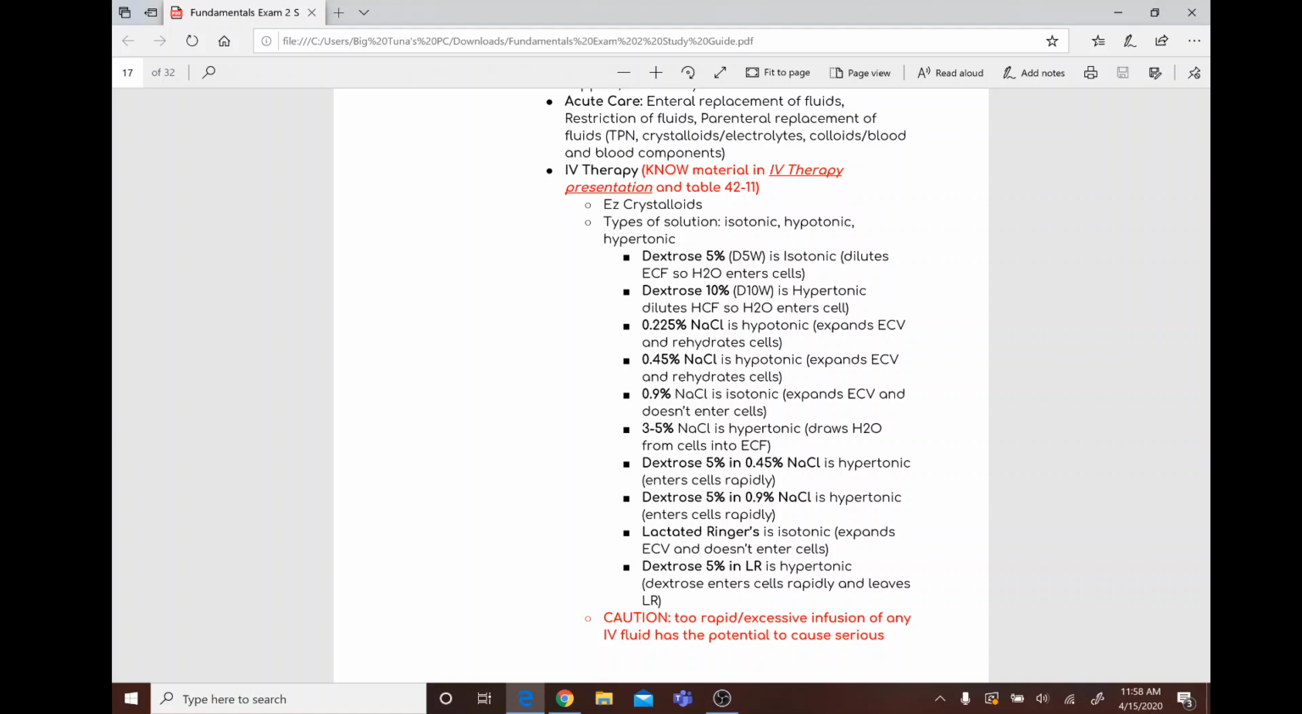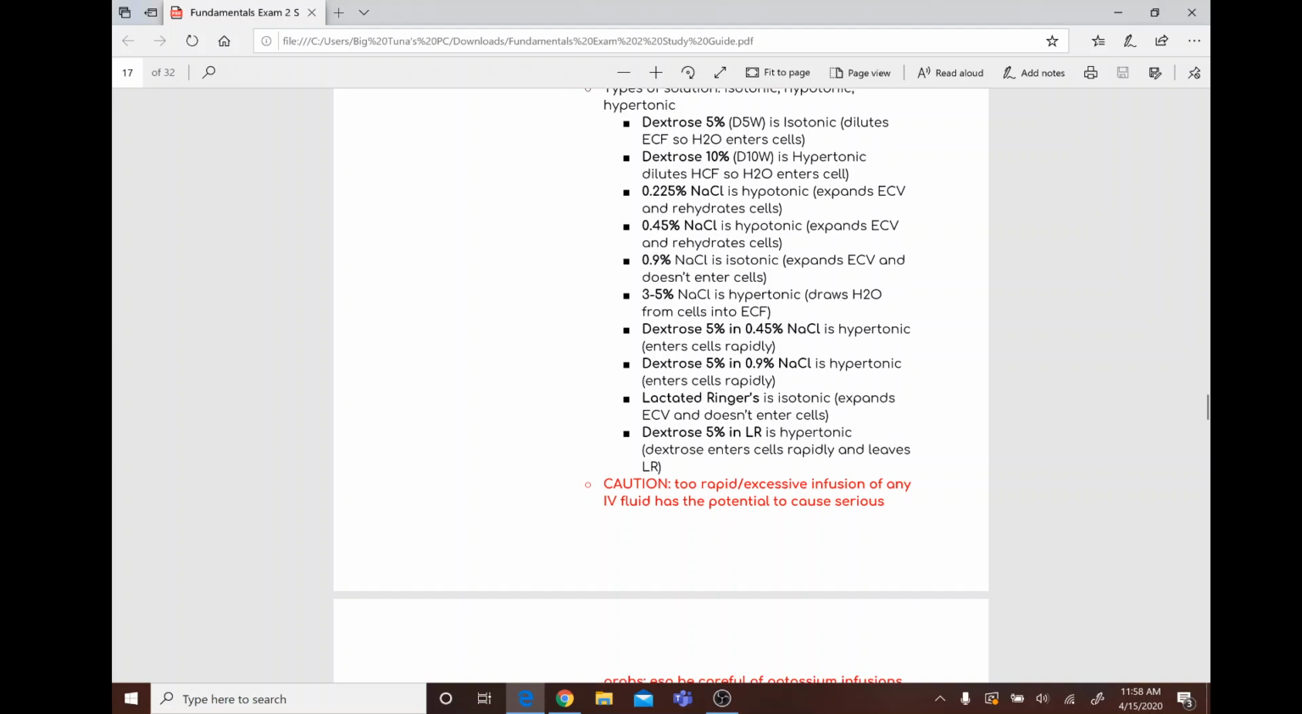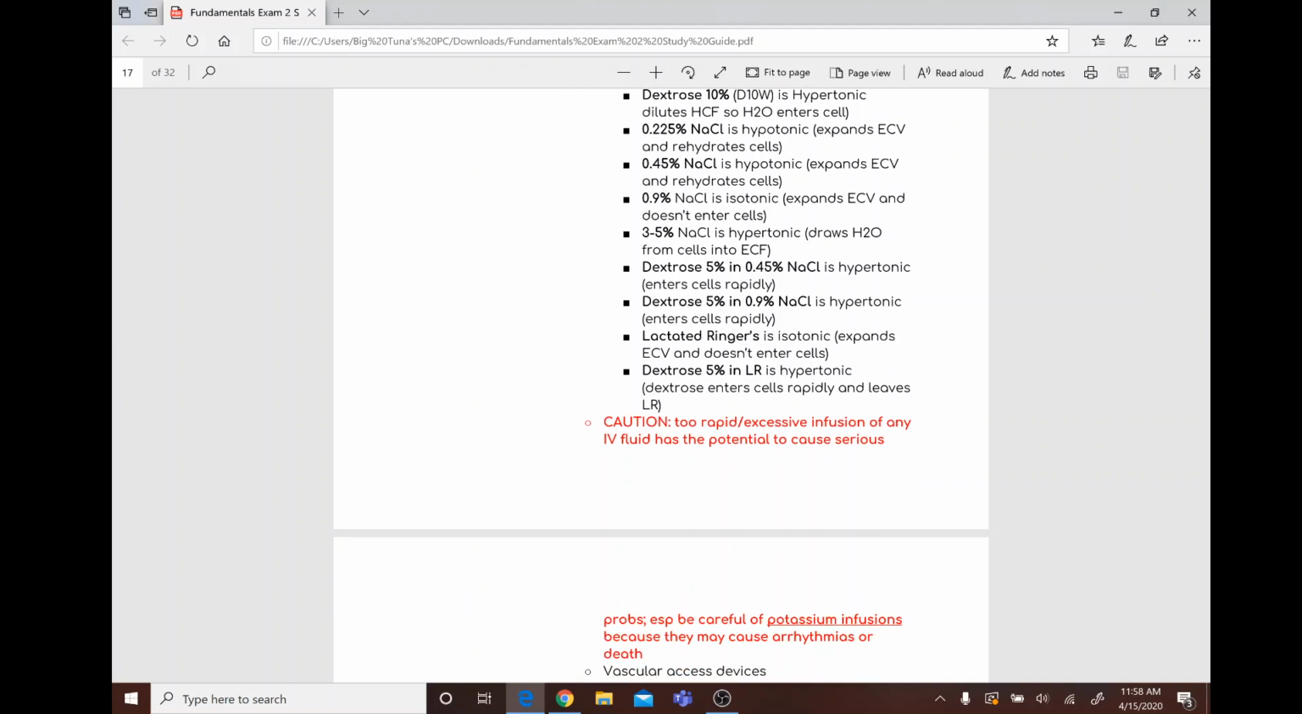What about dextrose 5% and 0.45% NaCl? Hypertonic. What about dextrose 5% and 0.9% NaCl? Hypertonic. What about lactated Ringer's? Isotonic. What about dextrose 5% and LR? Hypertonic. So too rapid or excessive infusion of any IV fluid has the potential to cause serious problems, especially be